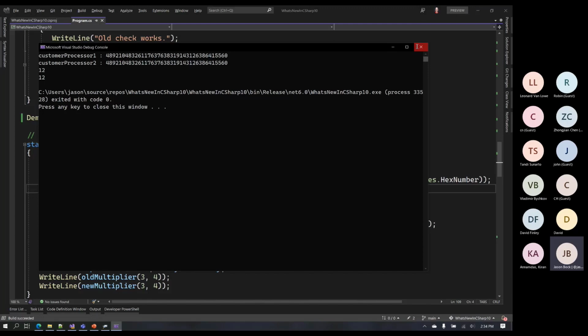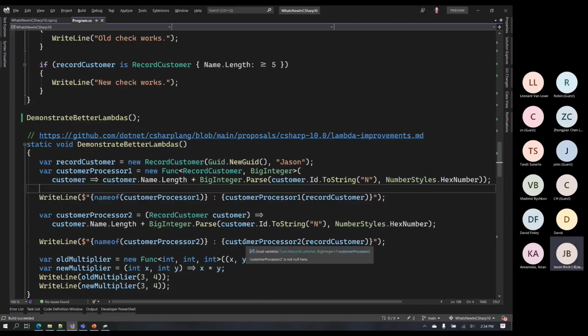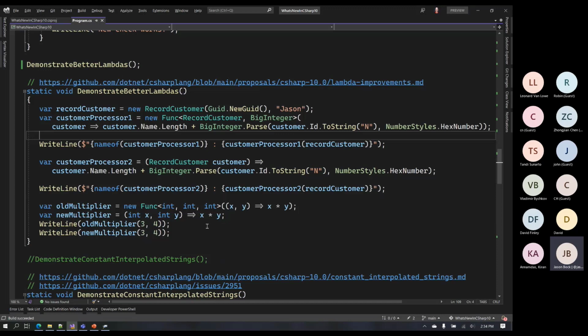Okay. Now, this may not seem like a big deal, but I think it makes things, well, one, it's going to make it easier to declare these lambdas over time, because you don't have to do something like this, which, say I want to do a multiplier. I no longer have to just say new func of blah, blah, blah. I can just say that. Okay. The compiler understands what you mean and will declare that as being a func of 2 ints returning an int. Okay. So that's why when I printed this out, you saw 12 for both of these values, because they're doing the same thing. But it's less ceremony that I have to write.